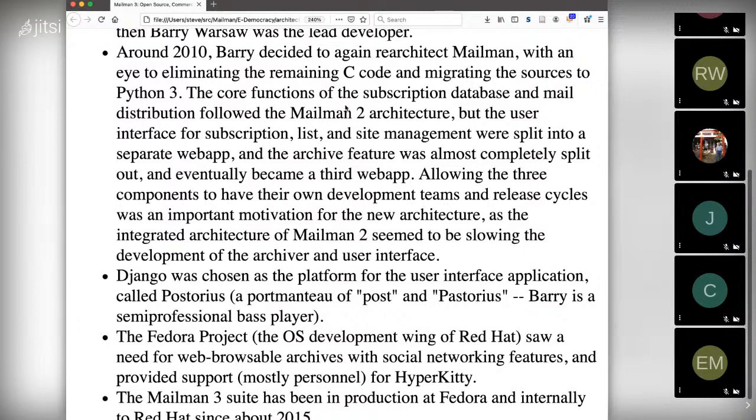So one of his goals was to cut the application into smaller pieces, have them talk to each other at arm's length, and allow separate development teams and release cycles. And that's really what I wanted to emphasize today, is that this has actually worked very well for the Mailman community. The developers have gotten even less active over time.